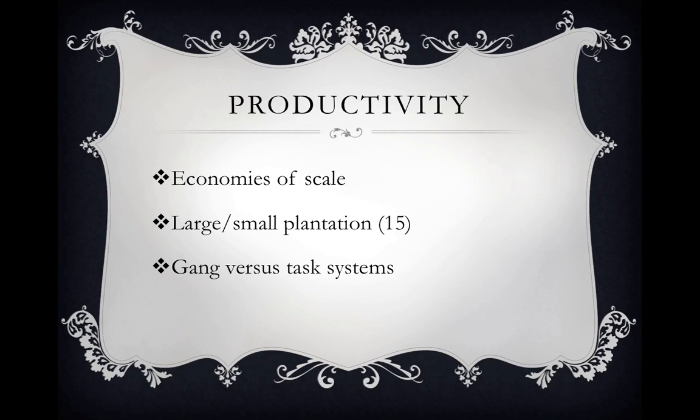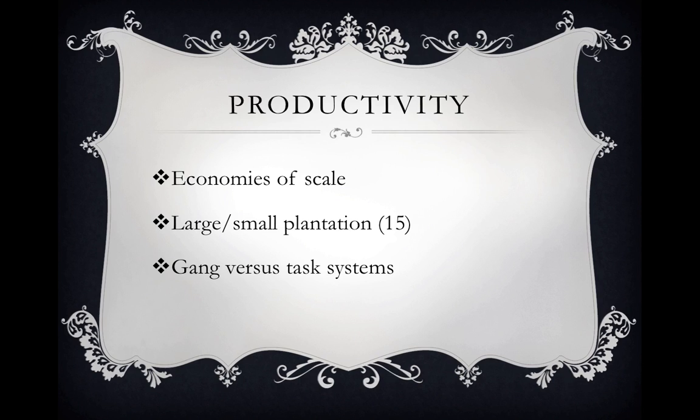The benefits of the task system is that there's a high degree of managerial control under a task system. You can hold individual slaves accountable for the work that they do and that they don't do. If I'm responsible, for example, for taking 100 cords of wood from one spot to another, and it doesn't get done, the plantation owner knows who didn't do their job. The problem with the task system is that it's not as efficient as the gang system. So the task system has the benefit of a high degree of managerial control and accountability of individual workers.